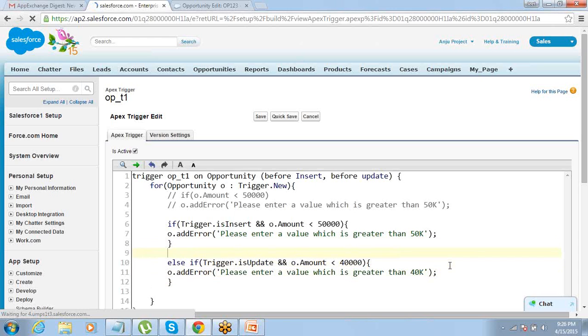Correct? So I have put an if else condition here. It checks if it's an insert trigger and the amount is less than 50,000, then it throws error. If it is an update trigger, which will return true only if it's an update operation, and the amount is less than 40,000, then it should throw error. So for update operation, 45,000 will not throw error, right? Save this.